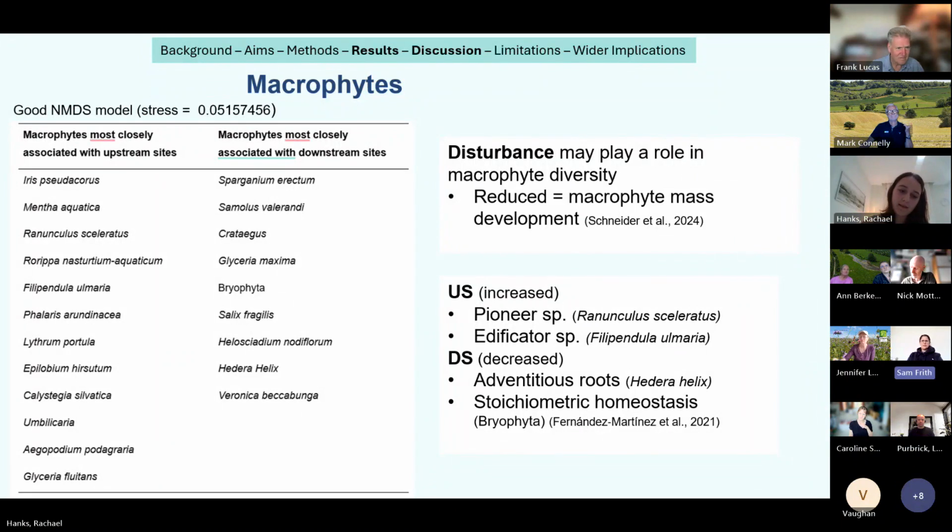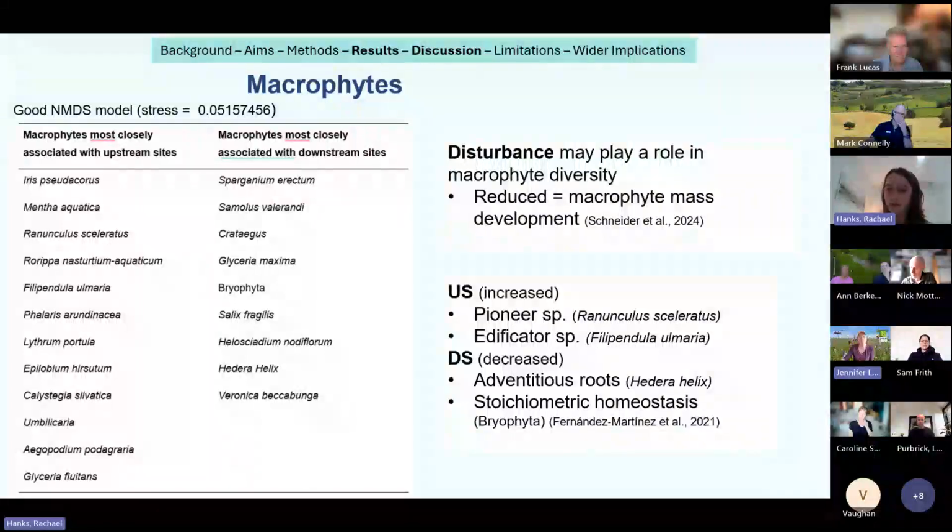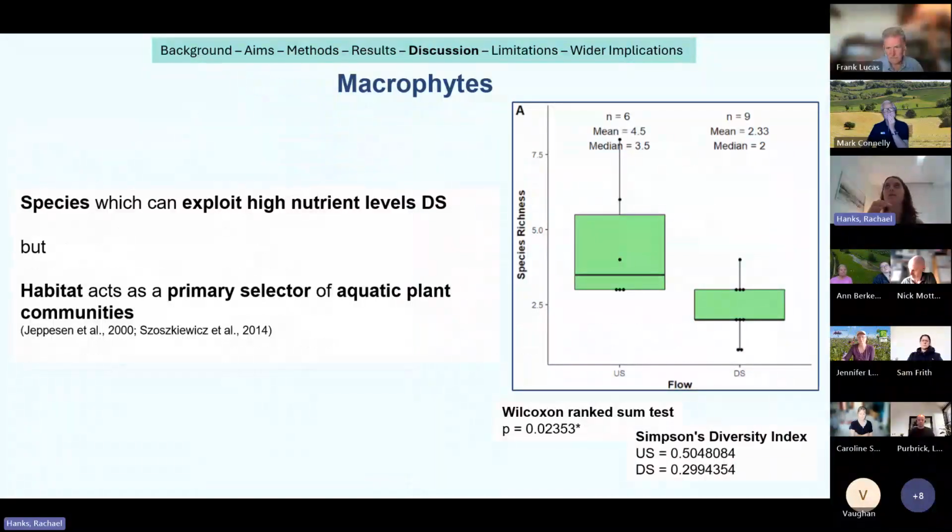I've got 12 on the left-hand side, 21, and 9 on the other side. So about 22-ish species of macrophyte. The algae was drastically lower. There was really not many. It's not measured at species level like the macrophyte, because you would need microscopy to identify it to species level, which I didn't have time for in this study. Definitely could be done in the future though.